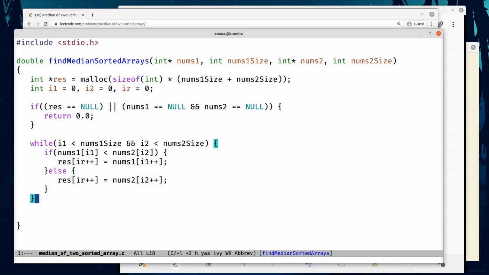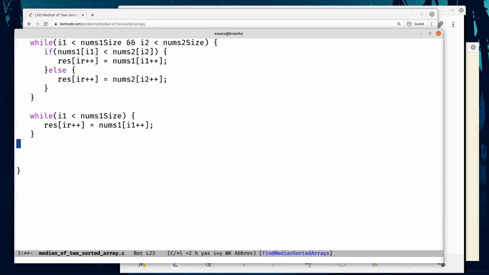Now if the arrays are not equal, it is possible that after all these comparisons we'll run out of all elements from one of the arrays and there will be some remaining elements of the other array. Therefore we can just copy them right away to the result because they're already sorted. Therefore I'll write two while loops. In case I1 is still less than nums1 size, I know that I have to still copy whatever is there from I1. Another possible condition is that the index I2 might not have reached the end. In that case I'll copy the nums2 elements